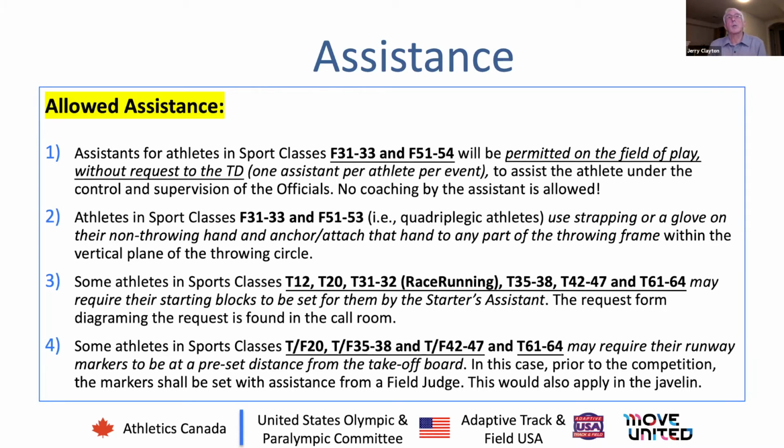But essentially it starts out, if you're an F31 through 33 or a 51 through 54, the most functionally impaired of those individuals that are competing seated, they're permitted an assistant. That's critical to remember if you're controlling the pit. You have individuals coming in and they're mixed class. So you've got a 53, a 54, a 55, and a 57 in your pit. And you've got some assistants back there. And one of the assistants has two athletes on their team in there. So he goes and helps the 53. And then when the 57 shows up, then he goes and helps them. It's easy to forget. So having that cheat sheet handy to help you remember who's who is